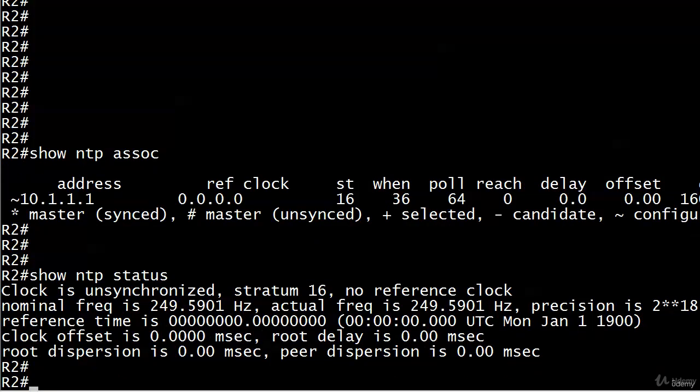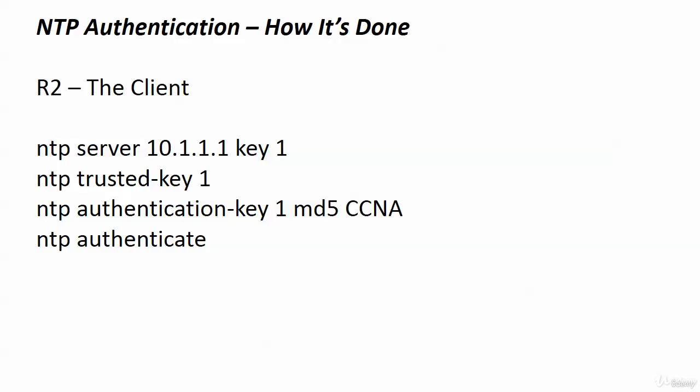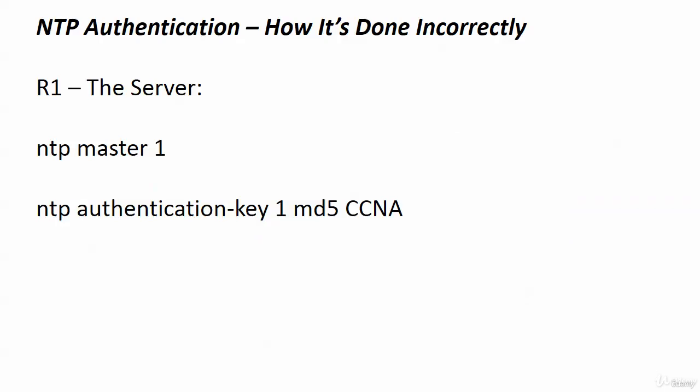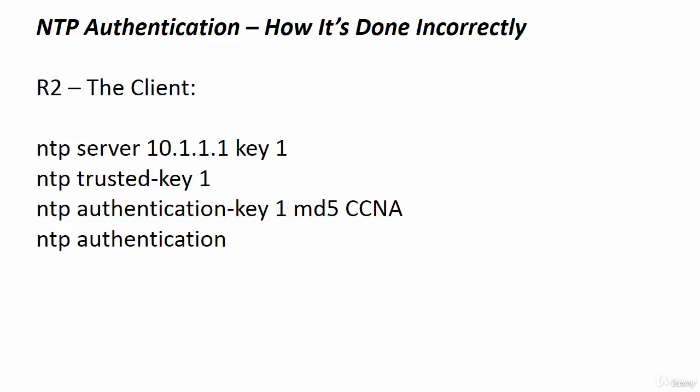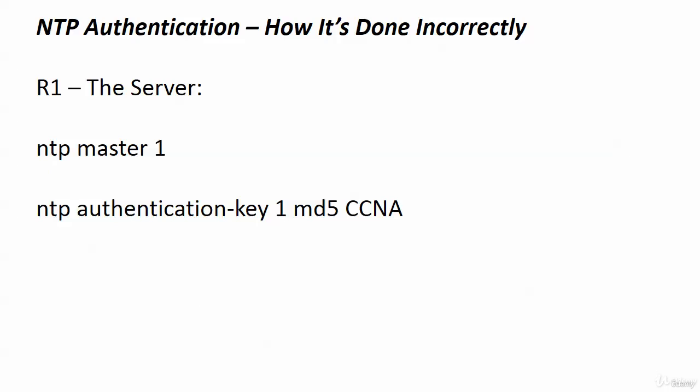So let's just say, though, that you walked right into this, because let me show you what's missing, then we're going to go through the lab. All I've done here is left the trusted key command off of router 1. I'm not sure why this tends to be the error that creeps into configs, but it is on the server. And on router 2 right now, I have everything the way it should be. I've got the server set up correctly, key, trusted key, authentication key, NTP authenticate. So I'm not pulling any fast ones on you here. All I did was leave the trusted key command off R1